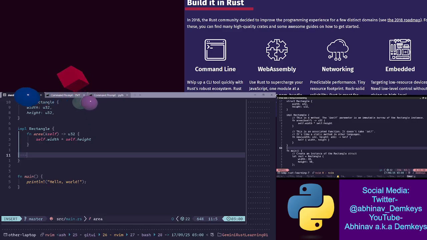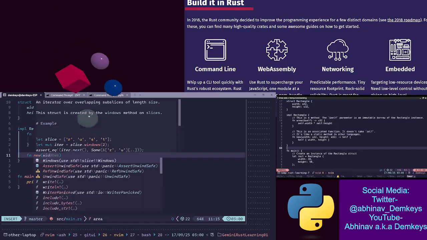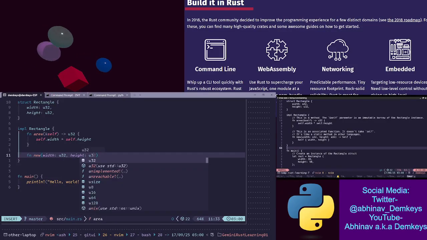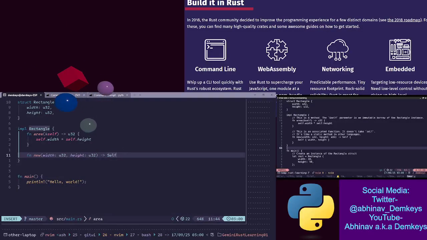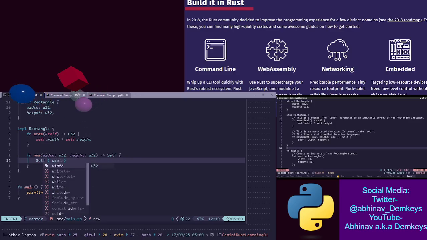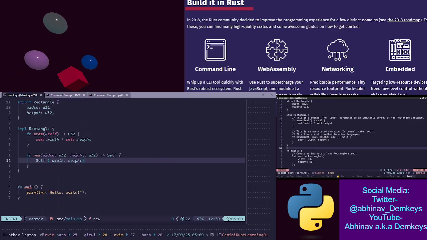I actually don't remember if it works the same way in structs in C sharp. So I'm just going to say class because I've done this quite a bit with classes in C sharp. But yeah, this is where you don't need to create an instance of the class before being able to access the method. That's a static method. Okay, width u32, height also u32, and then this returns self. And then we call self with width and height.